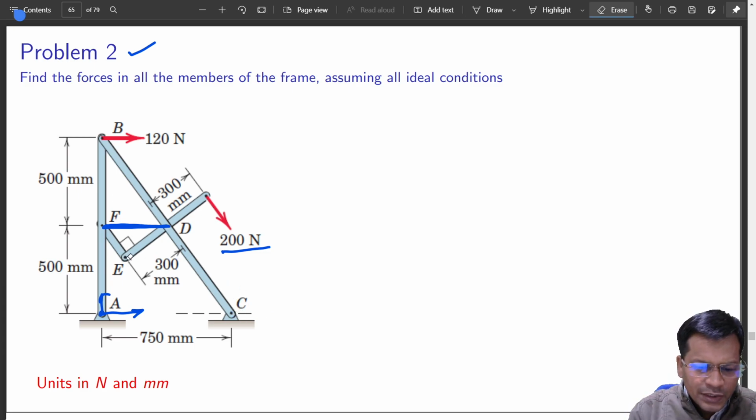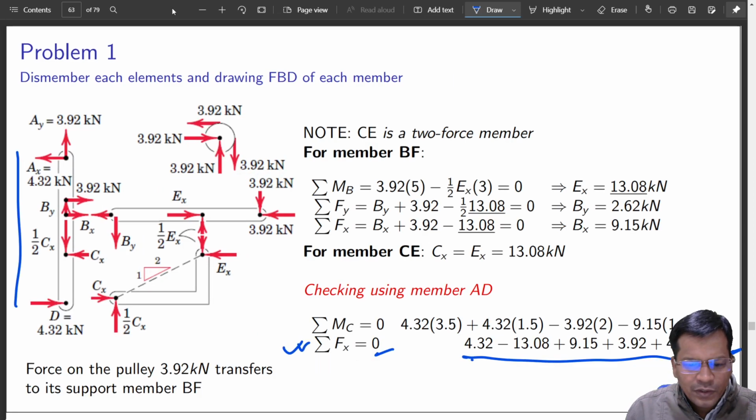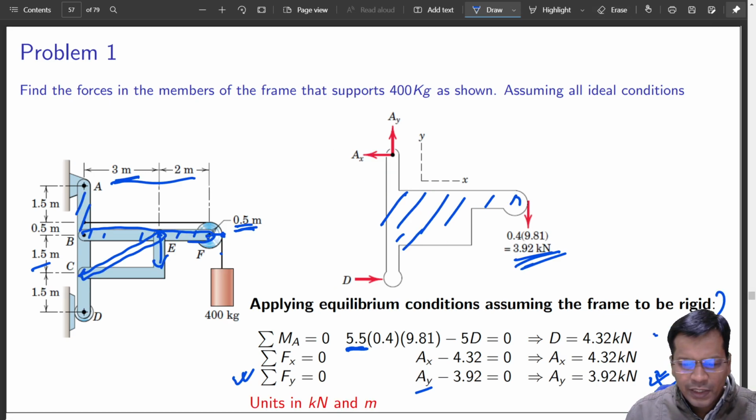This joint looks like a pin joint. Okay, if it is a pin joint, it is a collapsible system. This system is not a rigid one. The one which was earlier was a rigid one, but this looks like a non-rigid one. So this one was a rigid one. You plug it out and it is still a single body. In this case, it is not the case.